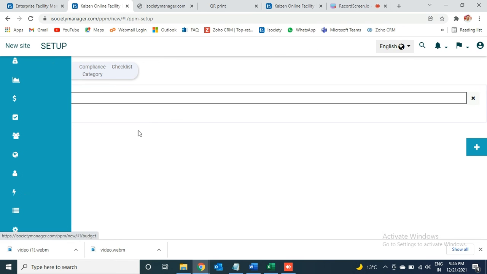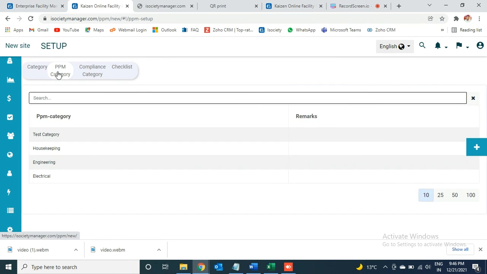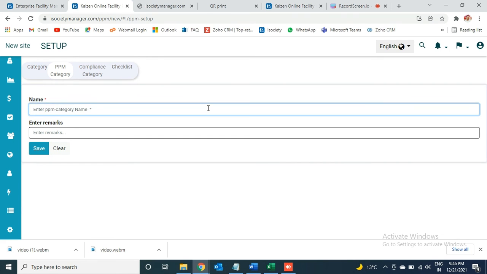Setup, PPM category, and from this you can add your own category. I'm just taking the example of test. Saved successfully.